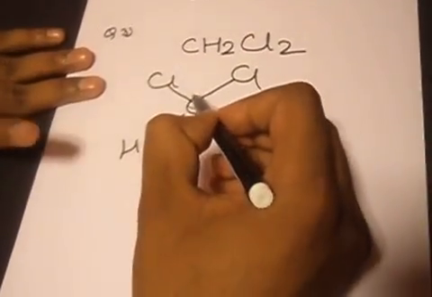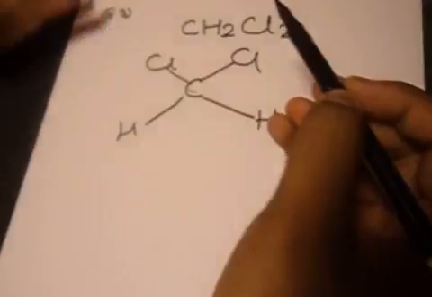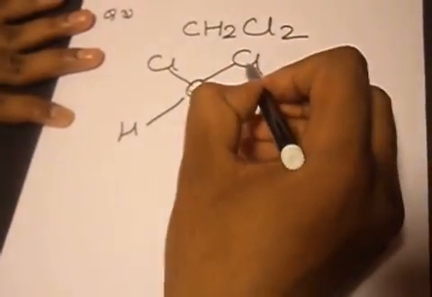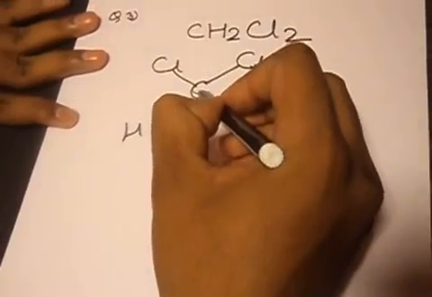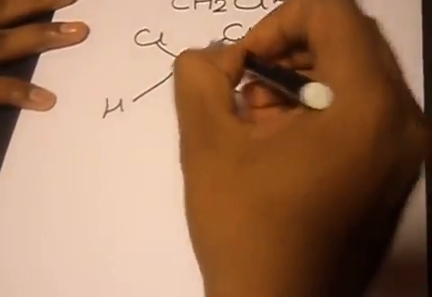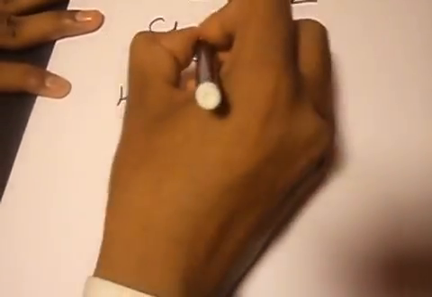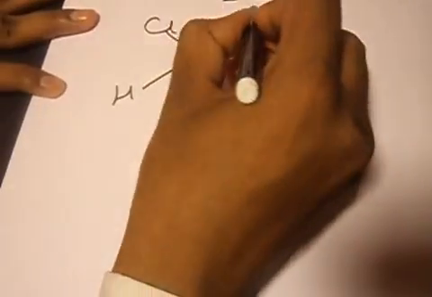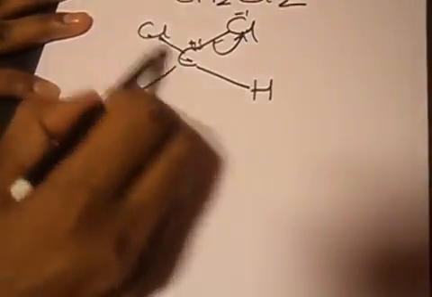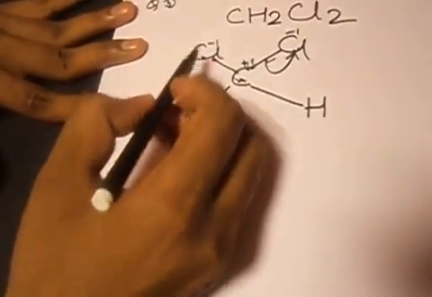I need to break all the bonds and see how the final charge distribution would follow if all the bonds are broken. C and Cl, chlorine being more electronegative than carbon, if this particular bond breaks, it would yield a negative charge over the chlorine and a positive charge over carbon. So this bond will yield +1 over carbon and -1 over chlorine. If I go for this particular bond, it would again yield -1 over this chlorine and +1 over the